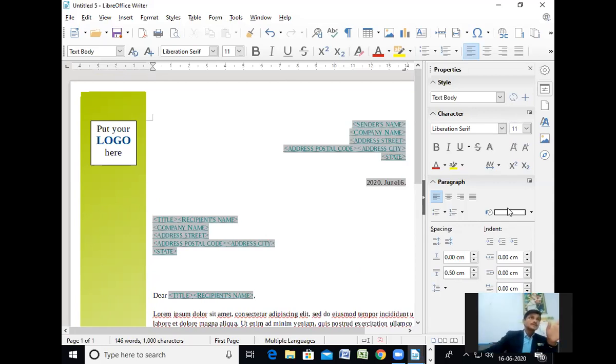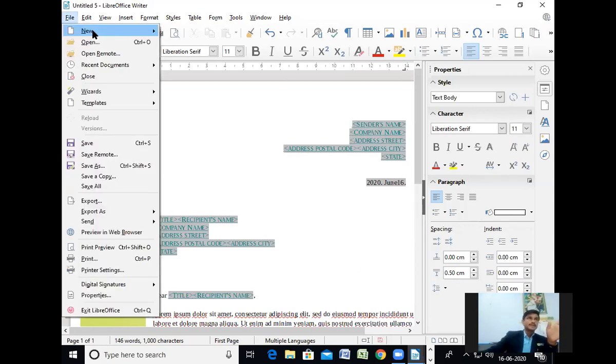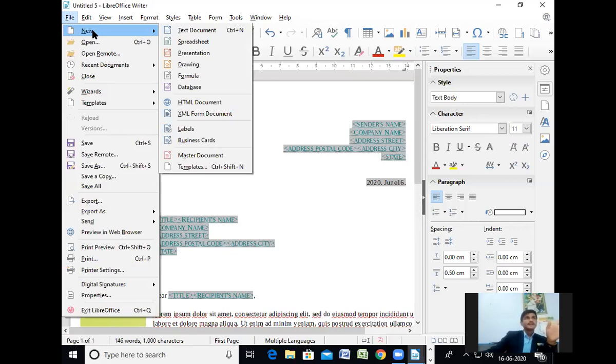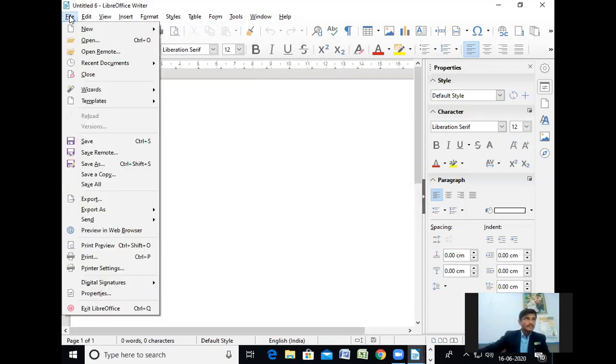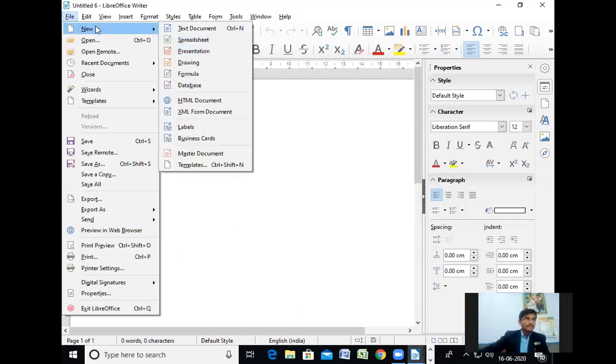Suppose this is the default. See, just click on this, then Text. It will be complete. This is the default. See, this is the default template. It will be nothing on this screen. So if you want to change to some different types of template, then we can use these. See, click on the File menu, then select New or the downside. You will get different types of templates.